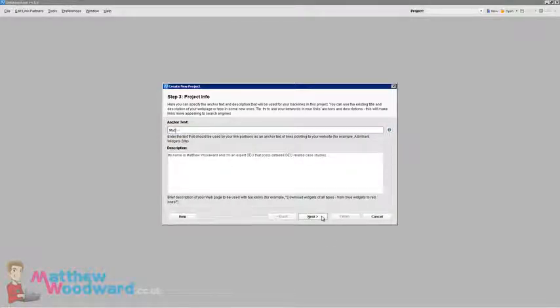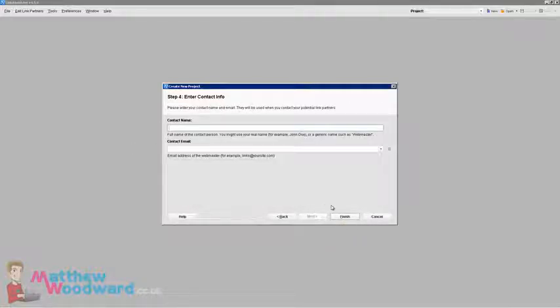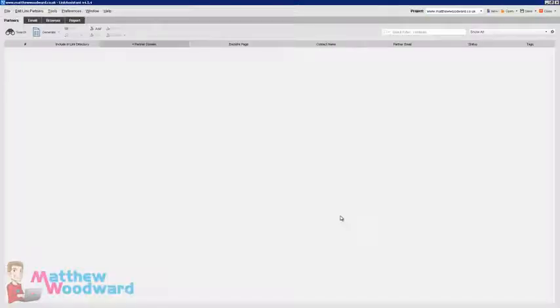And the anchor text that we want to rank for. Brief description of our site, click next. Contact name, and email address, and click finish. And the first thing that we want to do is look up some potential link partners, and